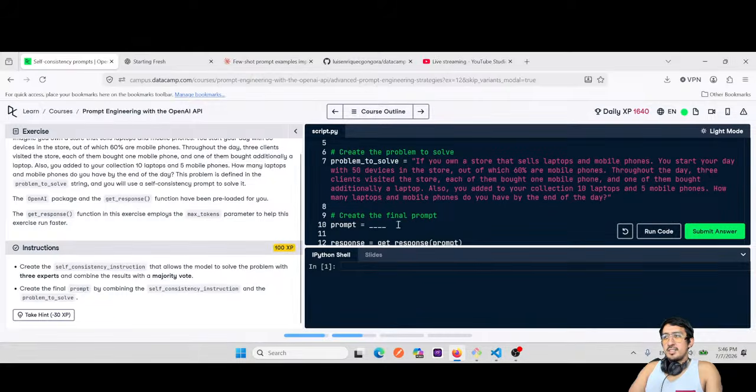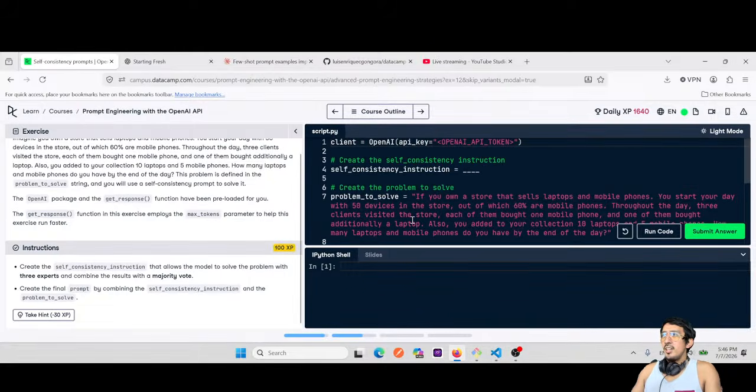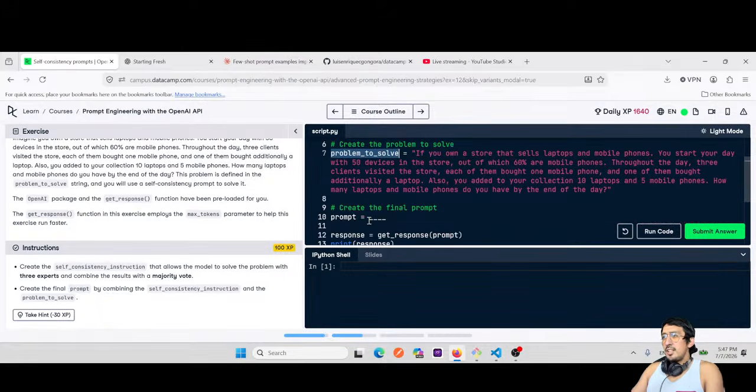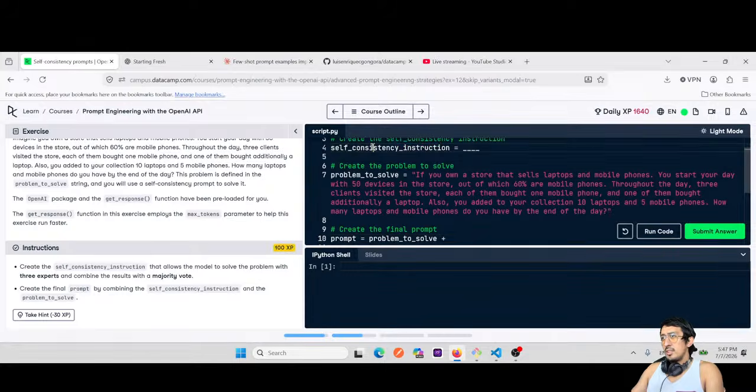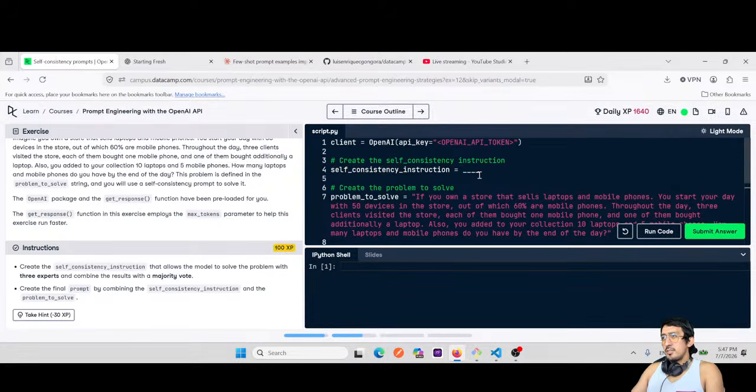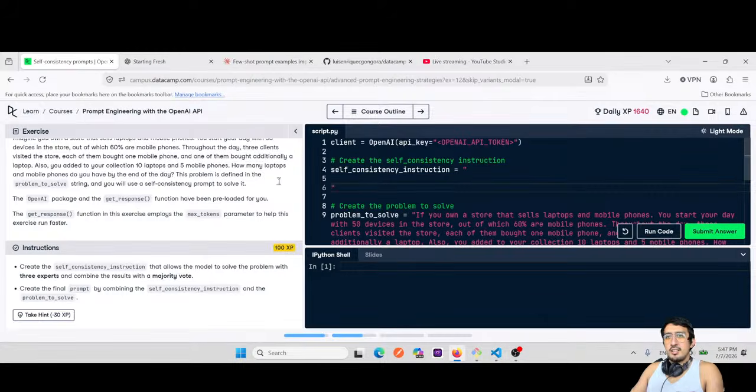Create the self-consistency instruction. So I assume that here I need to do problem to solve plus self-consistency instruction. And here I'm gonna have, like, let's say